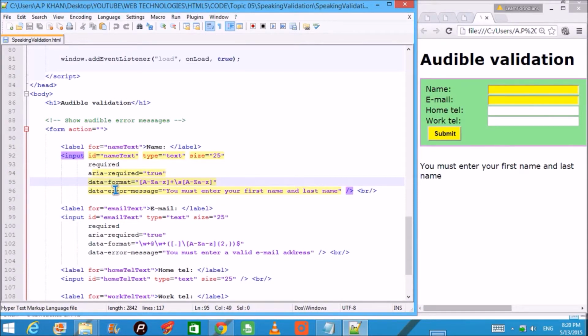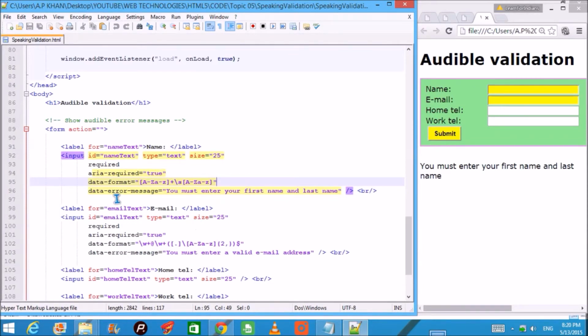The second thing is data-format. What this data-format says is that the format is letters A to Z, small and capital, a combination of letters in small or capital with a space, and then again the same thing, meaning you have to have a first name and last name. This is required.